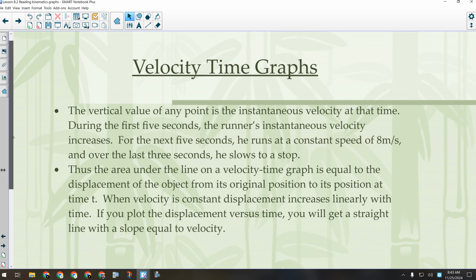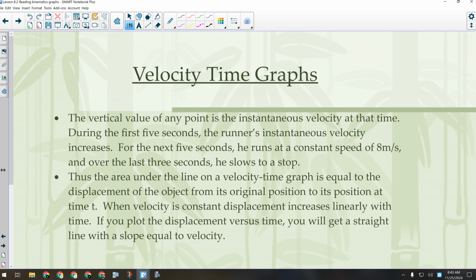Okay, so a velocity versus time graph shows us a little bit different stuff. Okay, still constructed the same. Okay, we're going to have time